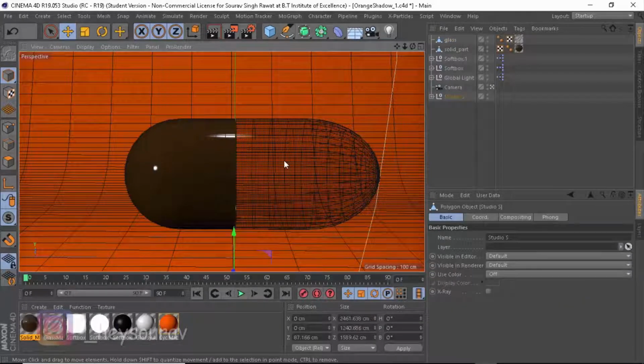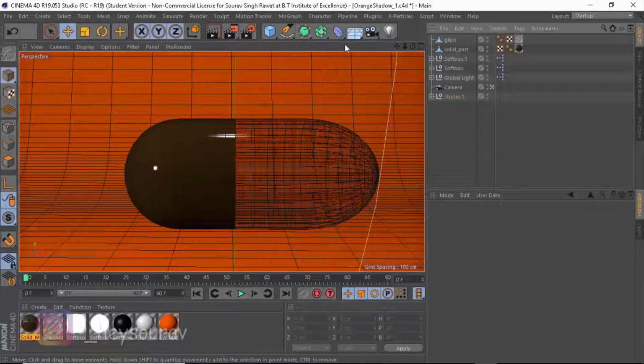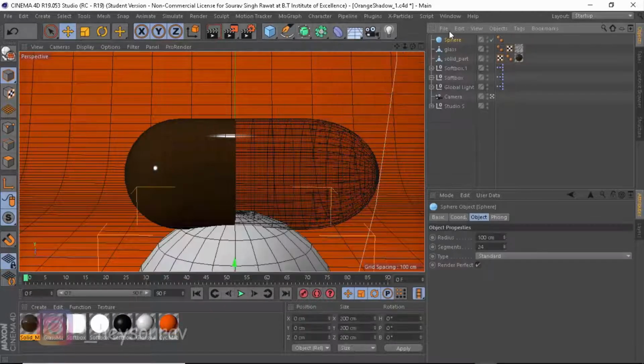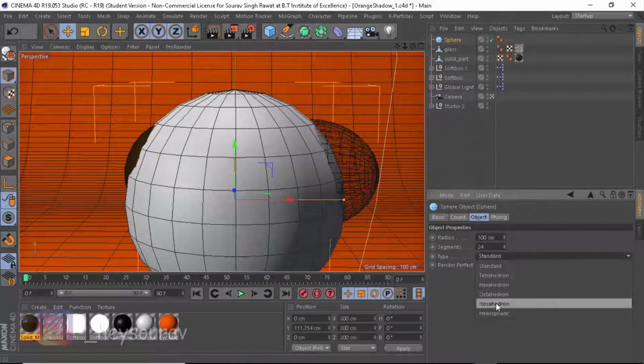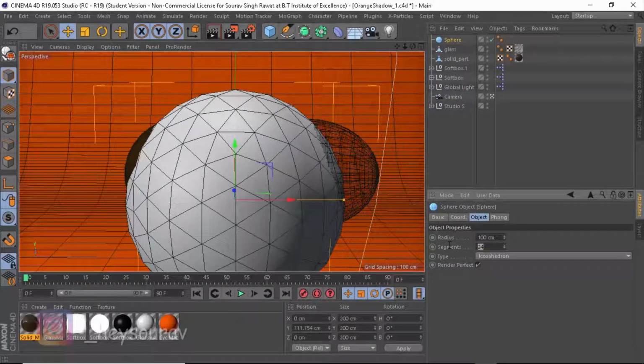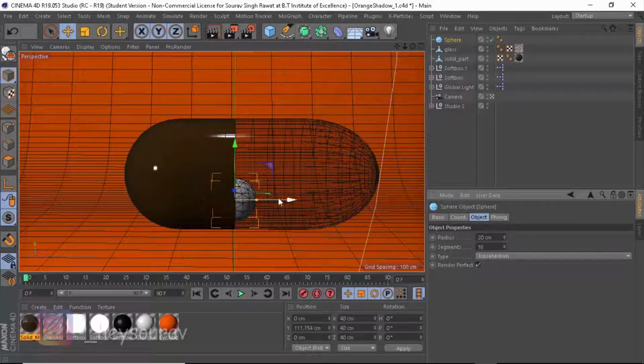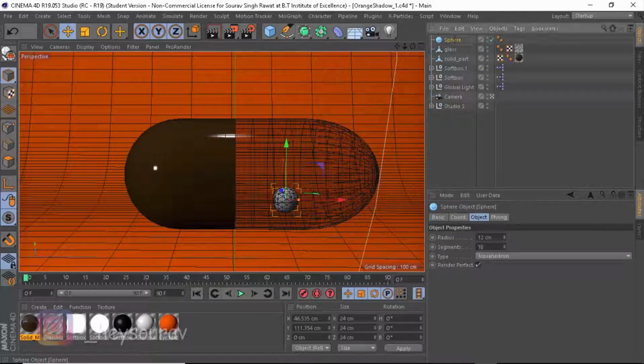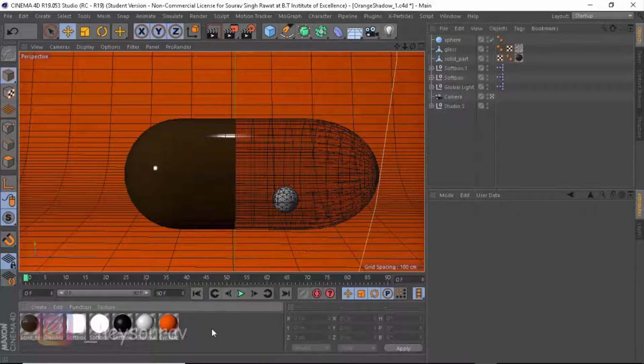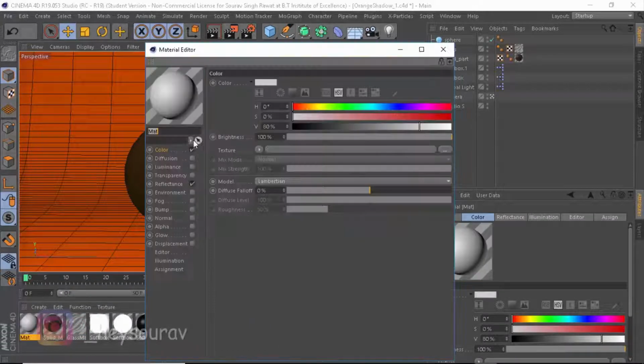Why I did that? I just want to have a good look out there because I want to see how it would be looking like. Okay, now once that's done, what we need to do here is to just create a sphere. I'm going to be taking the type to icosahedron, and let's make it like 18, and let's take down the radius to be 10, or 12, I don't know what to say. And we're gonna be naming it like sphere, and let's create a new material. Let's go ahead and name it like